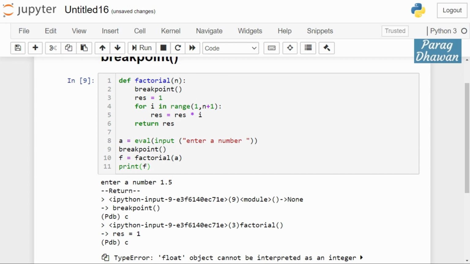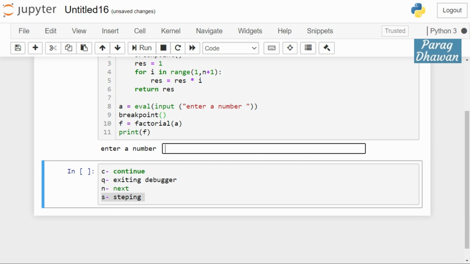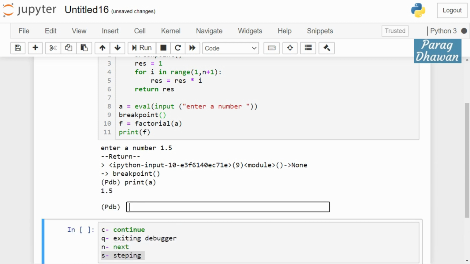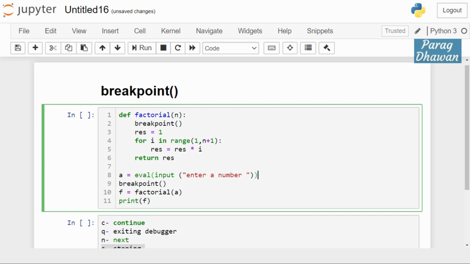Therefore I inserted the first breakpoint here so that after running this cell you can enter the value 1.5 and print the value of A and check that it is a floating point value, it is not converted into int. Means you have one more logical error in your program while computing factorial. If A's value is a floating point value, then it is not working.